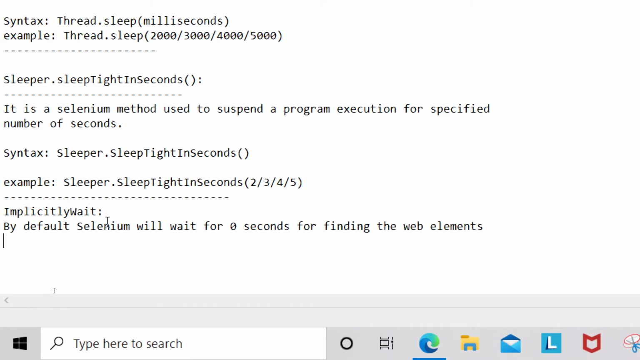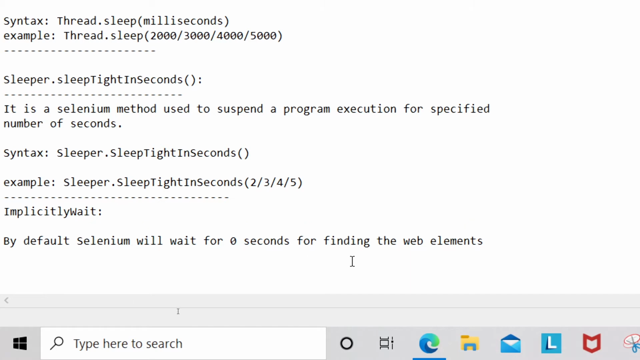This is the first time you need to tell what an implicit wait means. By default, Selenium will wait for 0 seconds for finding the web elements on the web page. Okay, and using implicit wait,